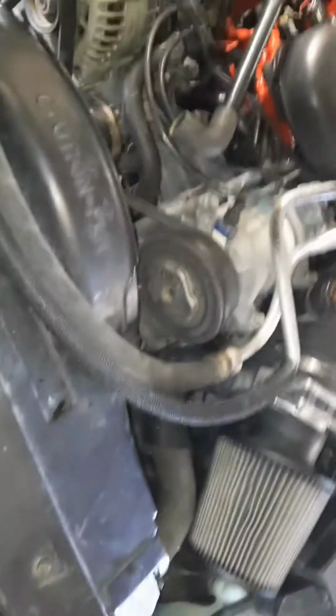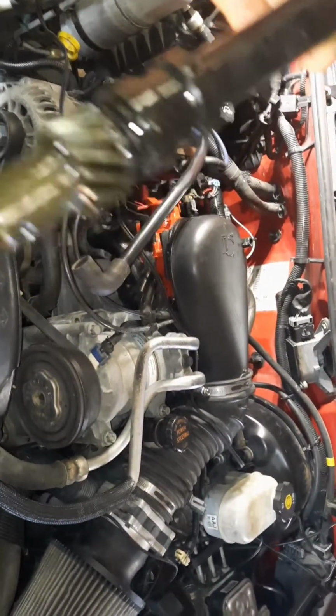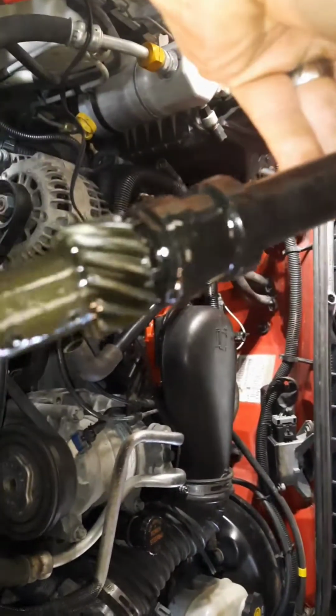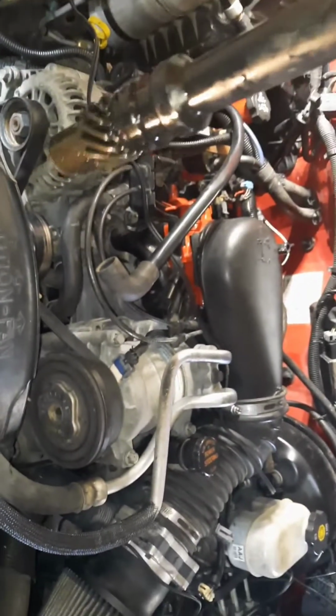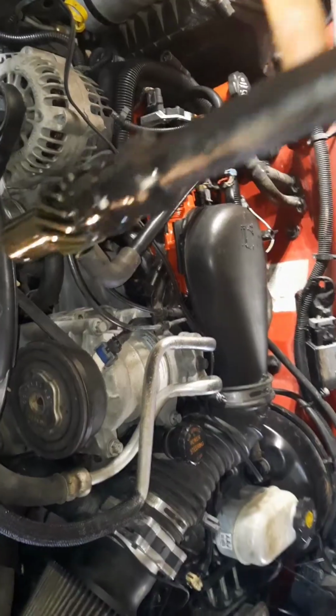The other option, and this would be the easiest option if you have a way to do it, is grind that gear down to the point where there's nothing left, or press it off. Some of them press off, some of them don't. Grind it down, and then you can actually use this shaft and just use it to turn that gear down there. All right, now that we got all that lined up,